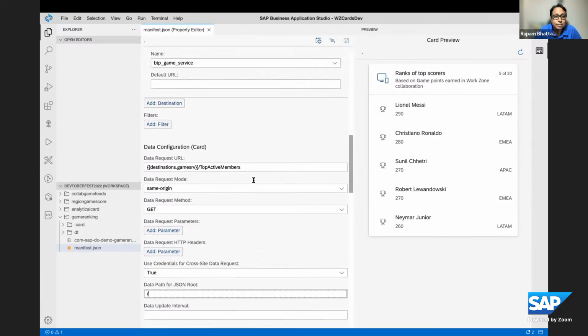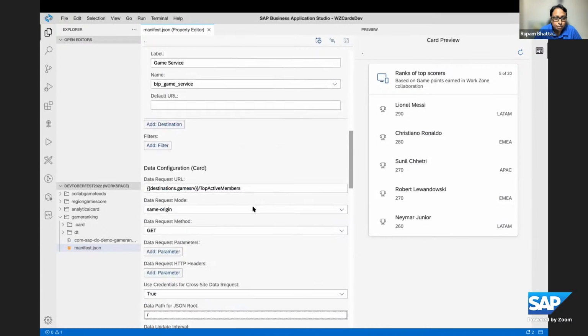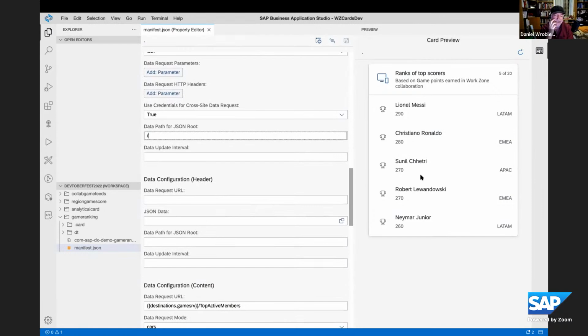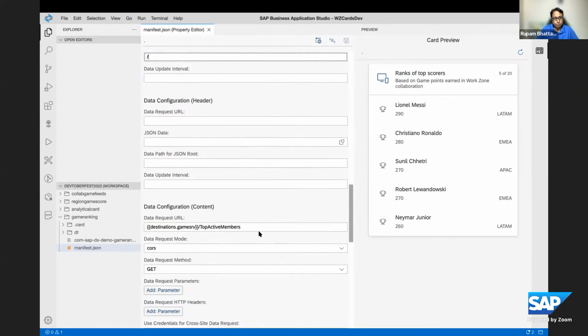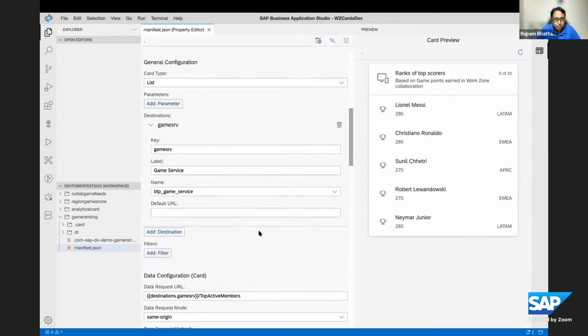The service is correct. Well, we can see the data in this preview. Yeah, we can see the data, the card is loading, but then the same doesn't seem to be the case at the,